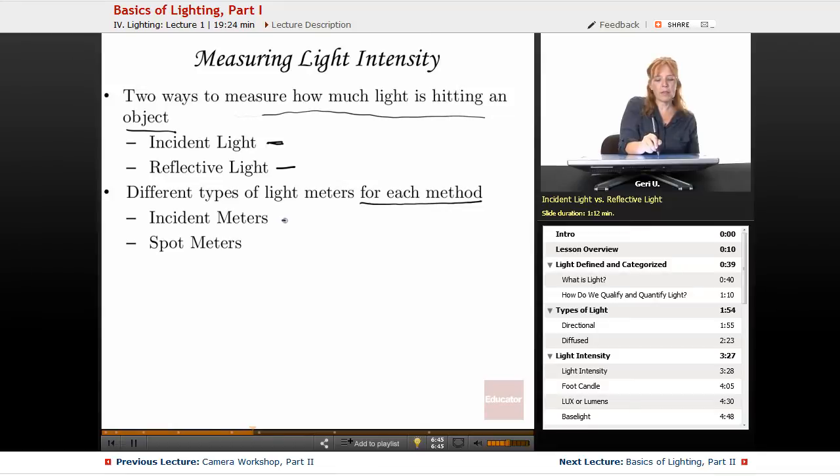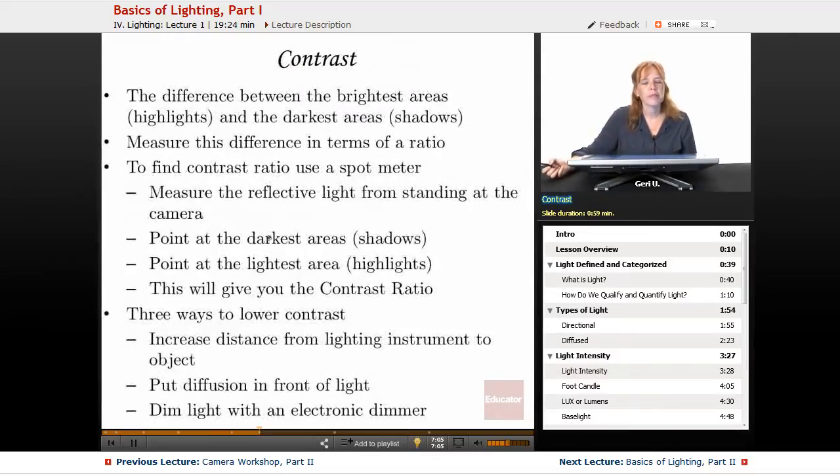We've got incident meters, which measure how much light falls on an object, and spot meters, which you hold by the camera and point at the object, and then you're able to measure how much light is actually reflecting back from the object to the camera or to your meter. Most directors of photography, cinematographers, and lighting people will use a combination of both of those types of meters to be able to better control